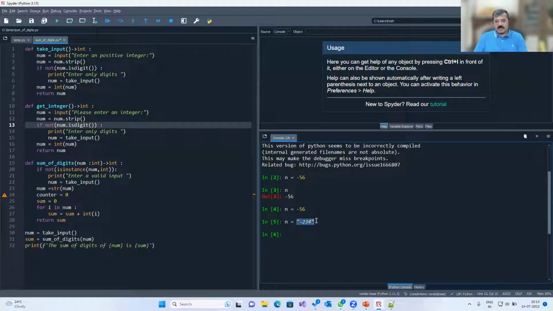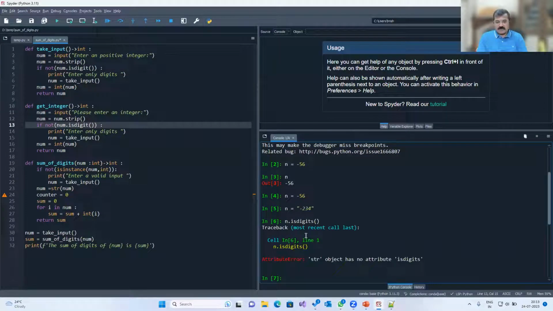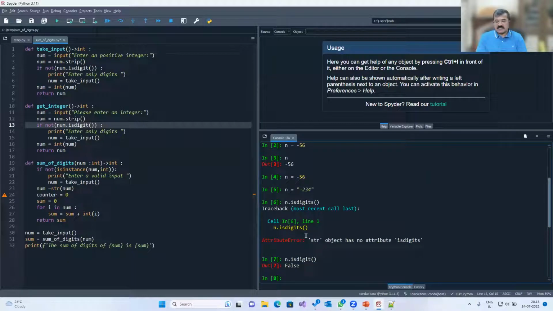Suppose this is the number, and we want to check whether it's digits or not. Suppose if I say n dot isdigit, obviously it will say false. We would like to skip the first sign that is there. So if I say n,